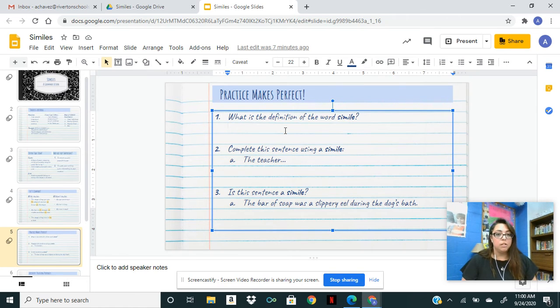And like we said earlier, we are comparing 2 things using the word like or as. So always start with your sentence starters and your question stems. So I will type, the definition of the word simile is